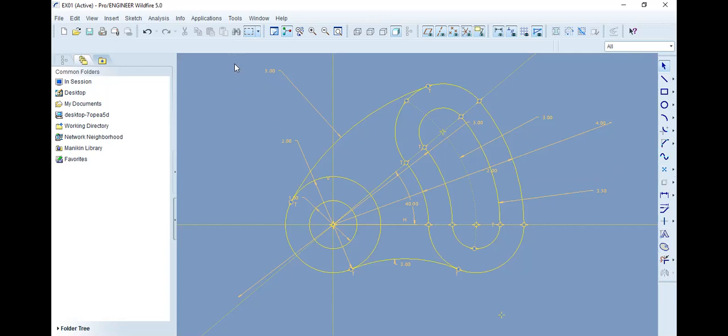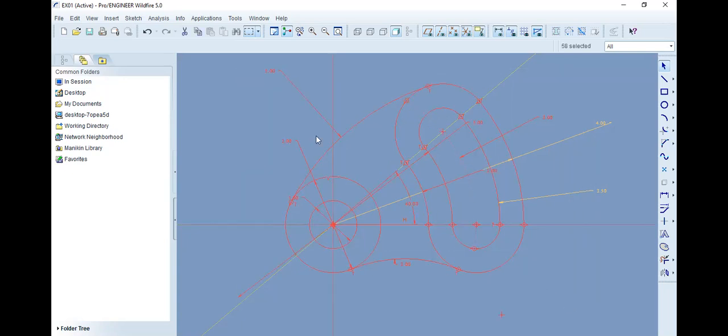To delete the whole sketch, left click on the screen and drag the mouse so that the selection area is a rectangle and it selects the whole sketch. Once you select it, it will become red colored. When it is red colored, it means it is selected. Now from the keyboard, just press the delete button, and you can delete the entire section. Okay? So it will be deleted. When a center line is there, just select the center line and again press the delete button. Right? So now you don't have anything.